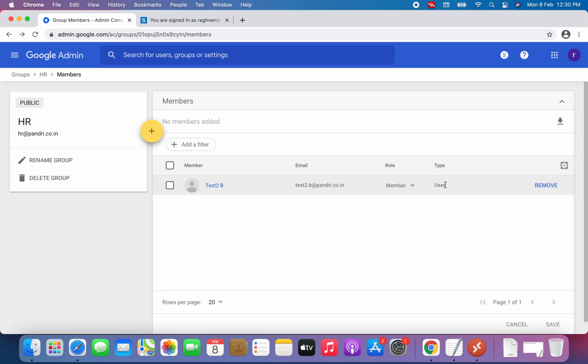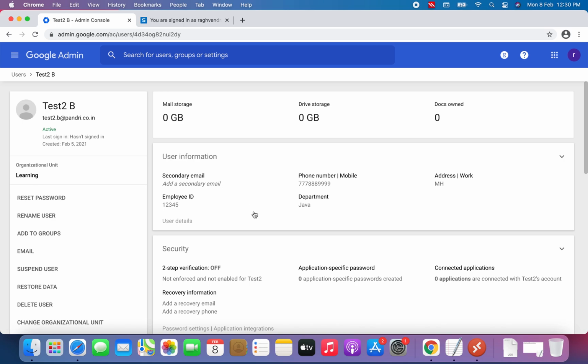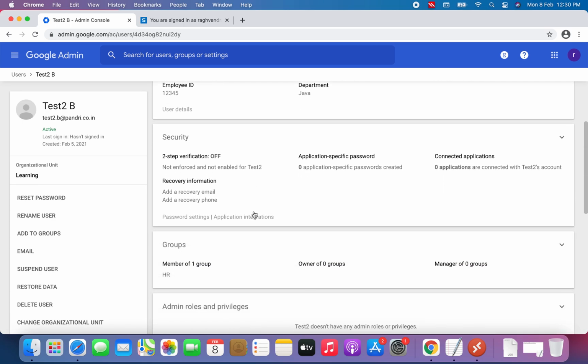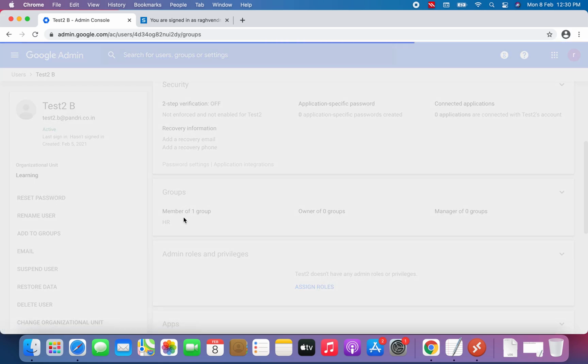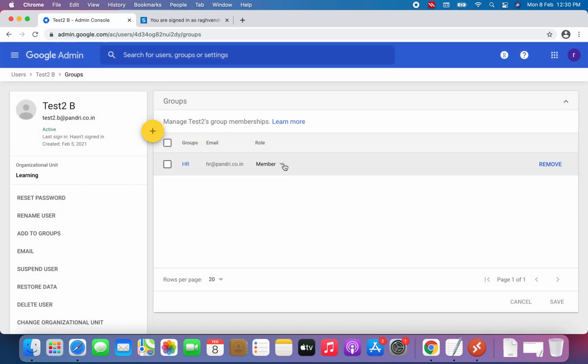As I was discussing, you can change the permission of this particular user. Let's check how we can change it. When you click here, you can see the details: which groups the user is a member of. It is showing that the user is a member of the HR group. Click on this and here you can change the membership or ownership. You can make the user an owner, manager or member. A member will only be able to receive email.